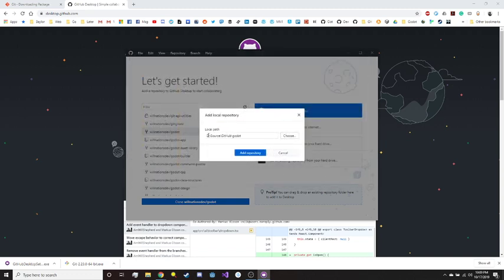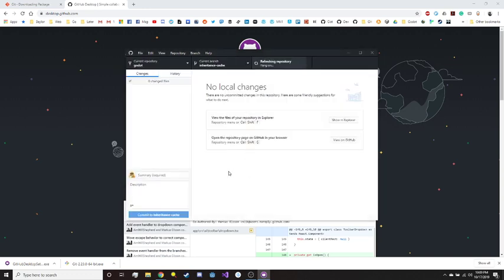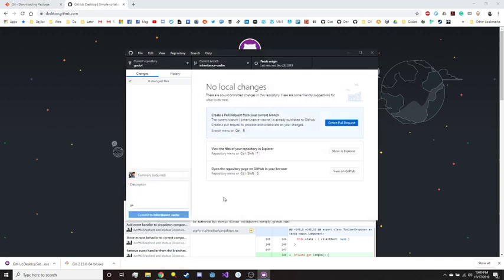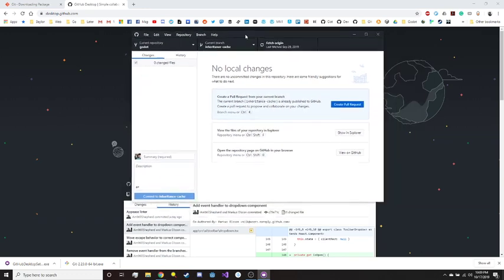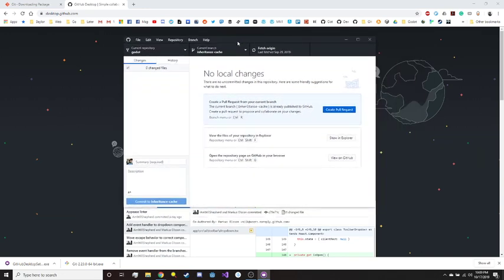Select. So here's where I have my Godot repo. So add repository. No local changes. Okay. So we are all set up right now. So I now have this wonderful GUI that is telling me about the current state of my installation. Now, I just realized I kind of skipped over the whole process of installing Godot,